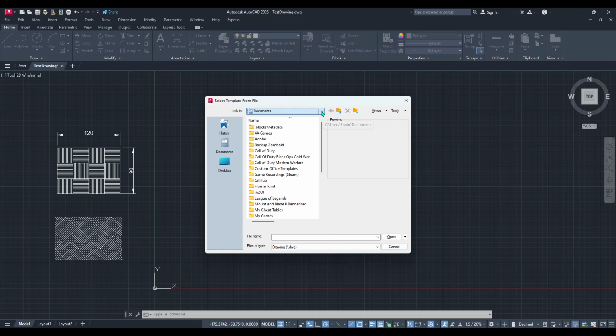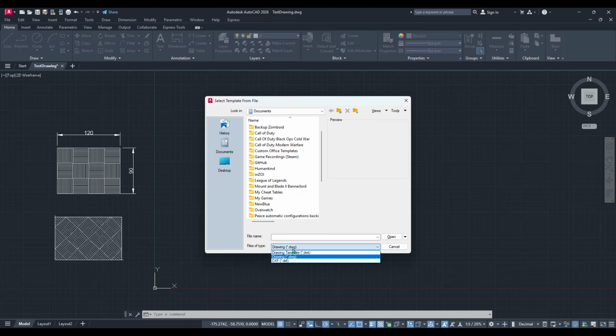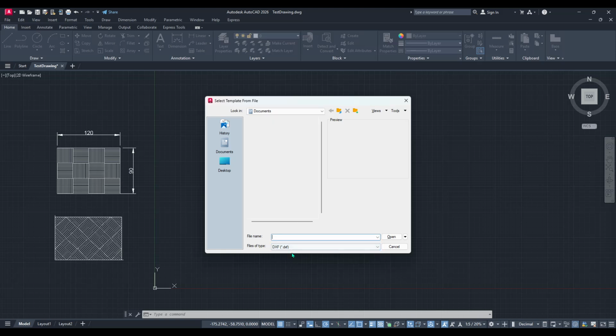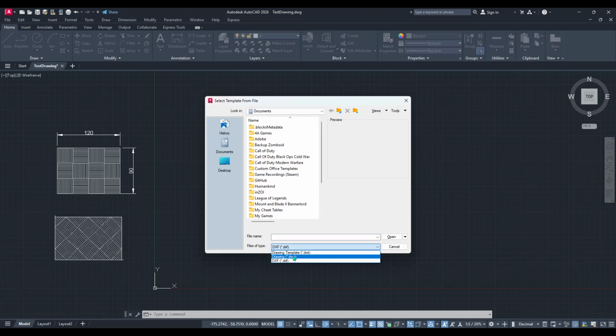Now, as you're looking at this new window, your task is to locate the File Type drop-down menu. It's crucial here to ensure you've selected the correct type, which, for most of us, is going to be DWG, as it pertains to standard AutoCAD drawing files. By choosing DWG, you're telling AutoCAD that you want to import layouts directly from another drawing file, ensuring compatibility and